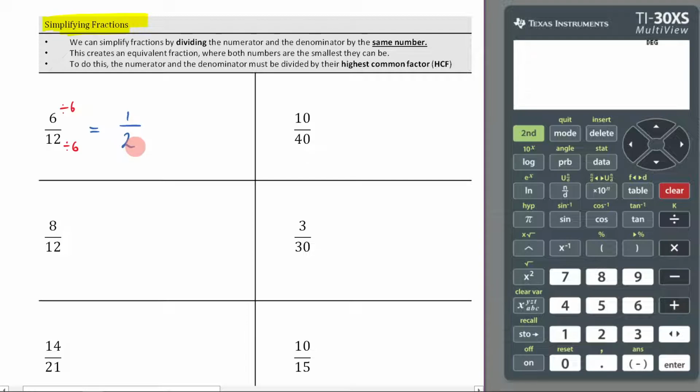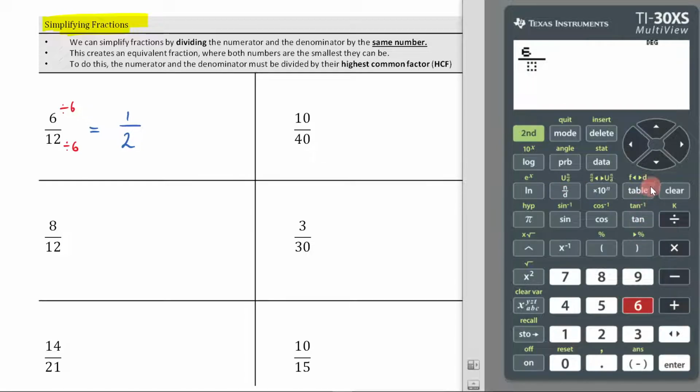Now, if you wanted to do that on the calculator, what you would do is you'd come to this button right here, you would type in 6, you would type in 12, and then just by hitting enter, the calculator will simplify it for you. So as you can see, 6 on 12 is the same as a half, and that's going to happen for all of these. So for instance, if I come to this next one here and I type in 10 on 40, and then I hit enter, it tells me that the simplified version is